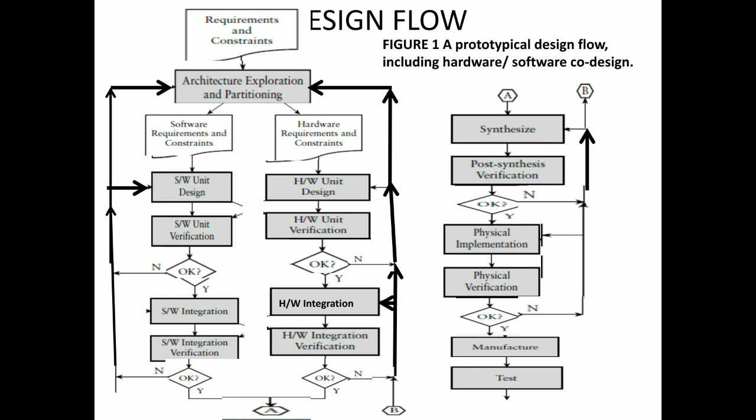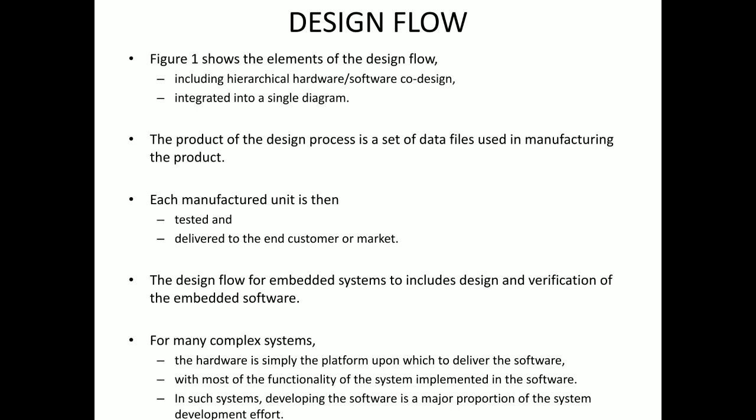First we need to get the requirement, then the architecture part, then functional design, then functional verification, then synthesis, then synthesis verification, then physical design and physical verification. This has to be in an ordered way, meaning they are going in a hierarchical way. After that we have manufacturing and test. We can say that this figure 1 is following a hierarchical design flow, and this is a single digital design flow.